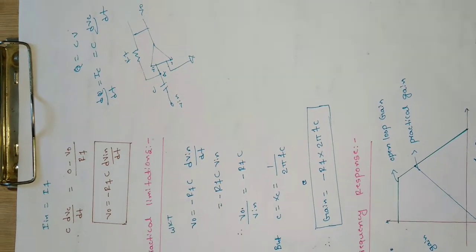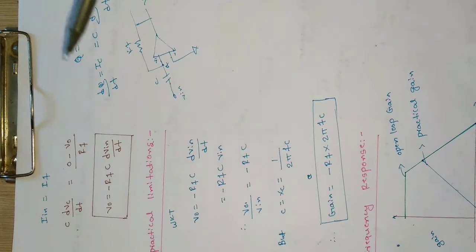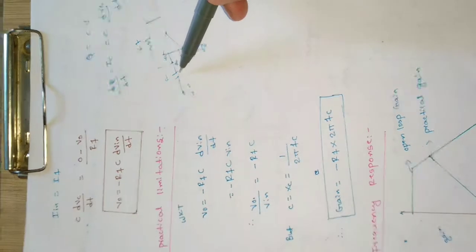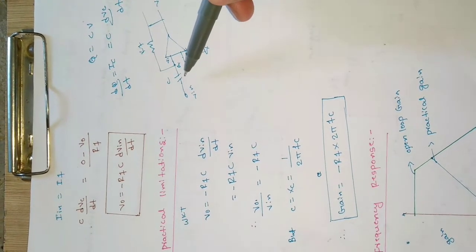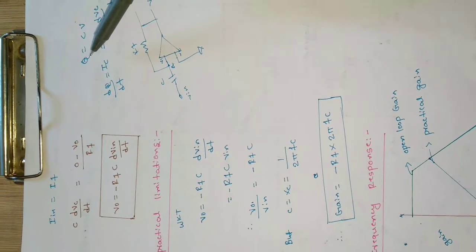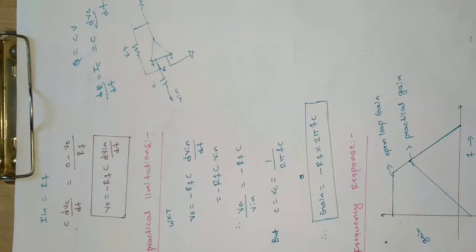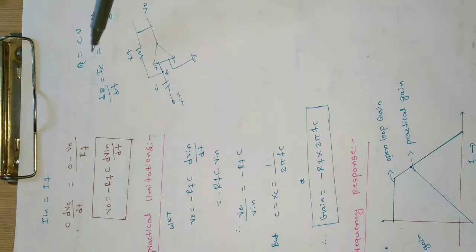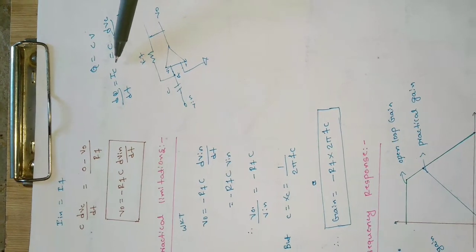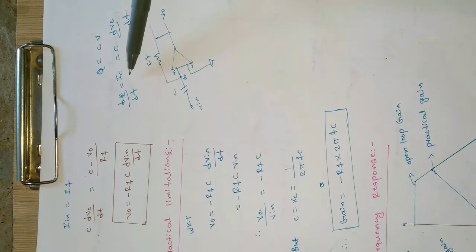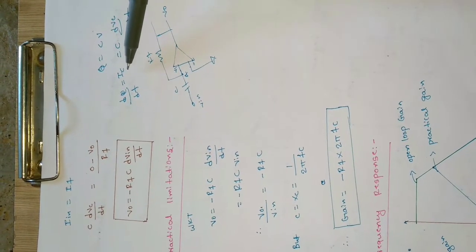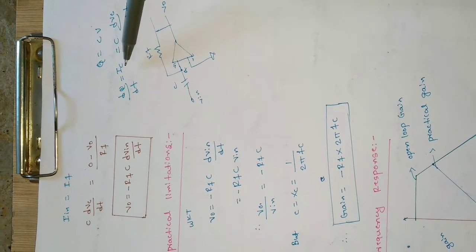Okay, so when we write current in terms of voltage, I_in is the current across the capacitor, so it will be like a capacitor voltage and capacitor current. We know the capacitor charge is given by Q is equal to C into V. When you differentiate with respect to time, dQ by dt is nothing but the current. So the rate of change of charge is equal to the current, which can be written as I_C, the current across the capacitor.